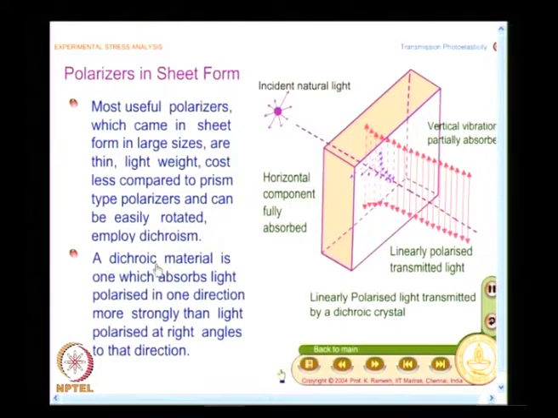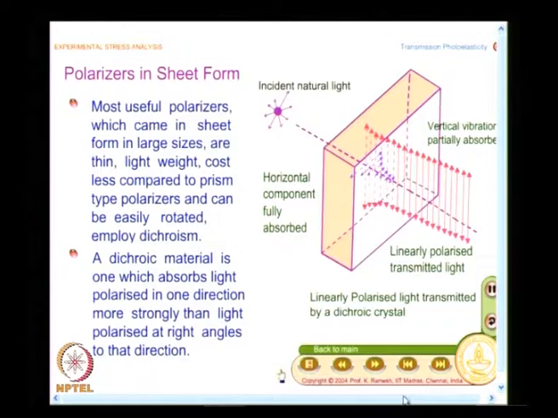So, a dichroic material is one which absorbs light polarized in one direction more strongly than light polarized at right angles to that direction. So, what you find is, from the natural light, it allows the vertical component,